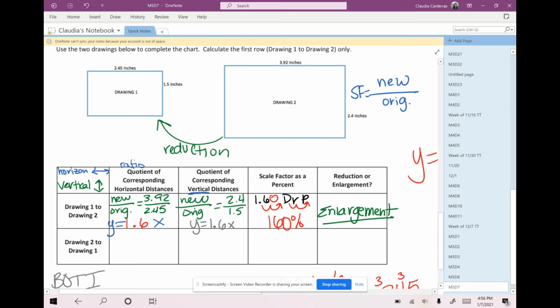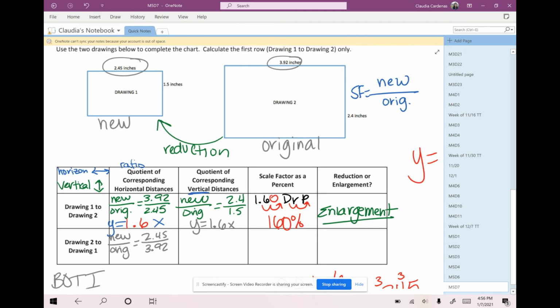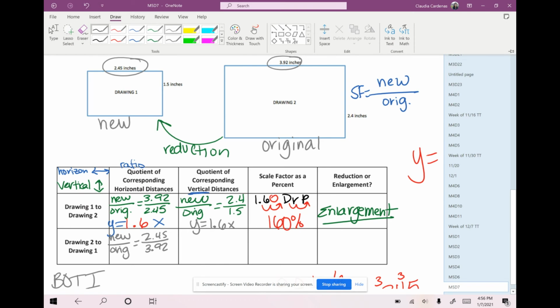of the horizontal distances. But now this is the new image, and this is where we started. This is the original. So when we write new over original, it's going to be 2.45 over 3.92. And once more, we can divide. We can move the decimal point over. And so with our time, I'm going to go ahead and divide it out in my calculator. And I get that the scale factor is